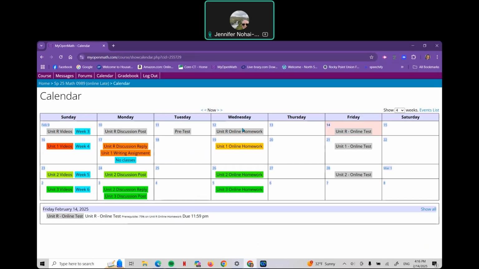Now, for each of these items, the homework and the test, for all of these units, you want to write down the work that you need to show on paper, and you want to text that paper to me on Microsoft Teams. We don't have a team, we have a chat session that's private between me and each student to text me pictures of that work. Now, it is obvious that sometimes there is no work to show. So in that case,